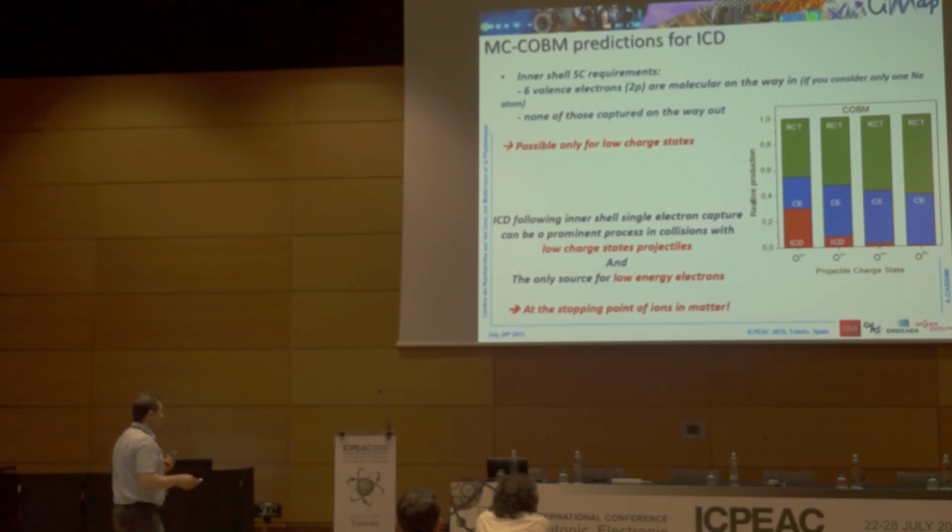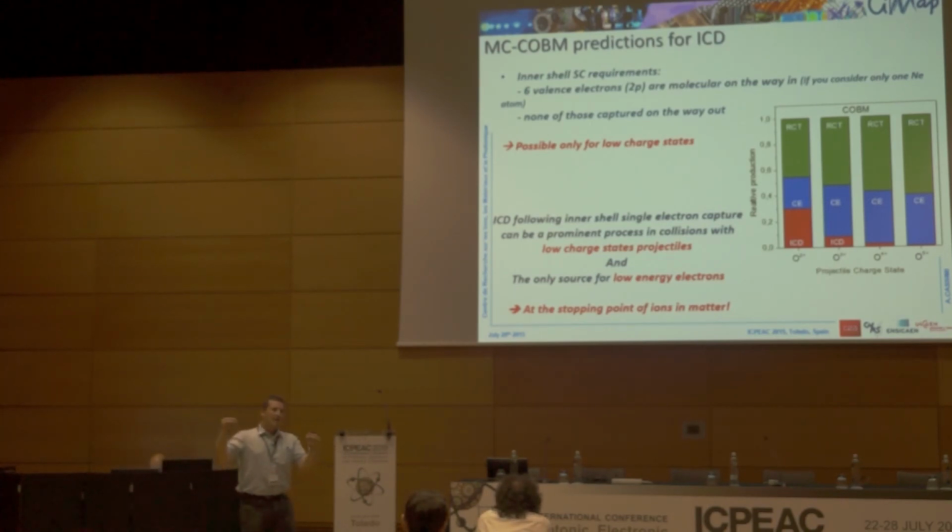And now we know that even at low energy, low charge state, which is the case for ions at the end of their range when they slow down in matter, before they stop in matter, they have a low energy and they have a low charge state. So there's no ionization process for you to produce electrons, which might damage the surrounding matter. But this ICD process is there, important, and might play a role for this production at the end of the range of ions in matter.